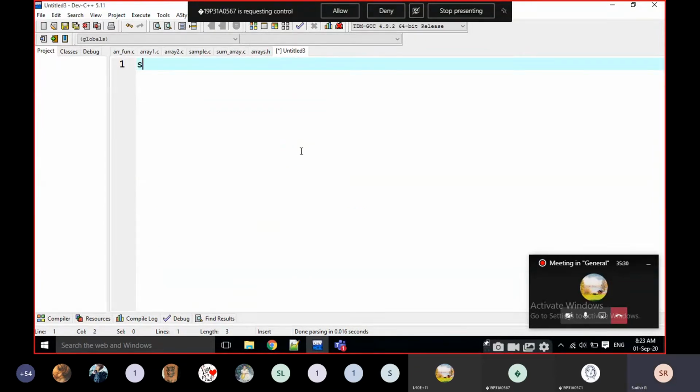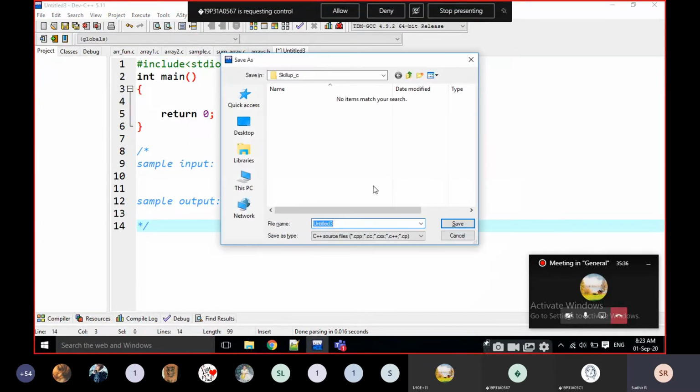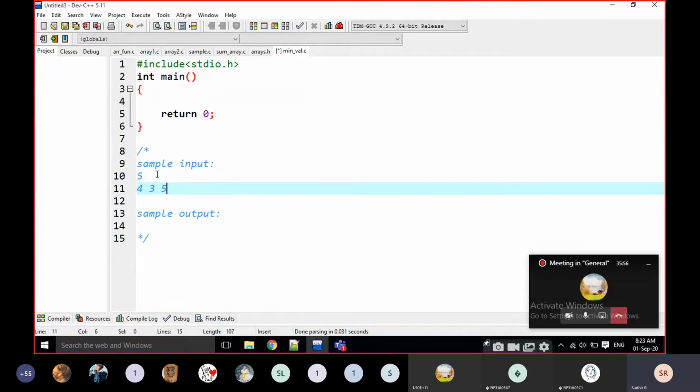I am going to write one more function. Now I am going to find another program, for example, this is the array size, and I am going to write like this.